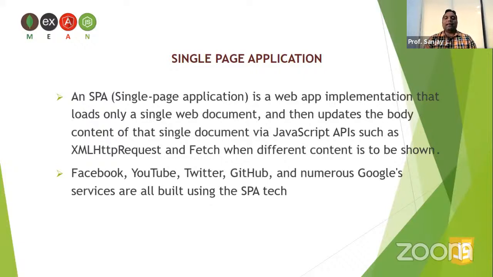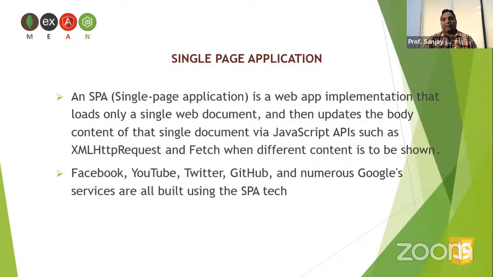Usually when you create any website or when you use any website, you have seen there are different web pages. When you click on a link, different pages of that website can be accessed using href, hyperlinks. As an IT student, you know what a hyperlink is. You have studied HTML. So you have different web pages and you access all those different pages with the help of links. A single page application is an application where you don't have multiple web pages. Try to understand this. This is a very important concept.